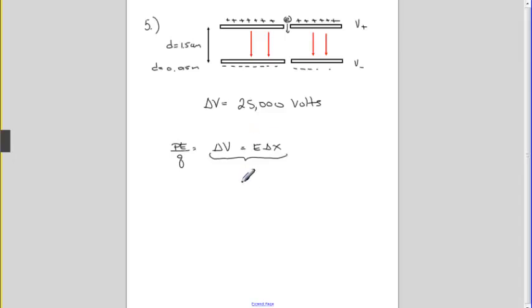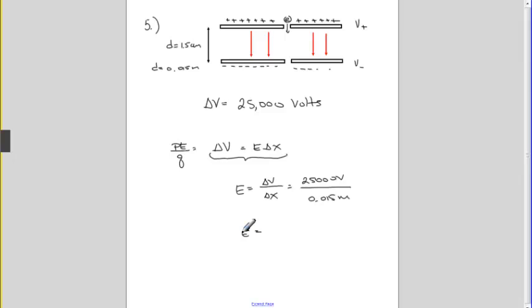Okay, anyway, the question says if the distance between plates is 1.5 centimeters, find the magnitude of the uniform electric field. So all we have to do is solve this. E is equal to the change in voltage divided by delta X. And our voltage is 25,000 volts. And we divide by 0.015 meters. And therefore the electric field, to make that happen, is going to be equal to,